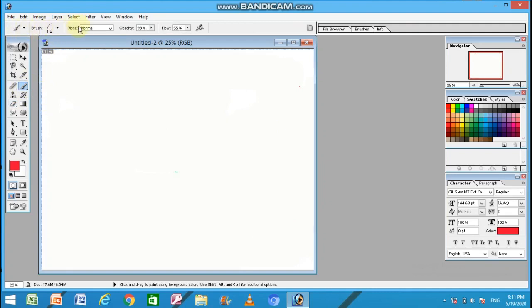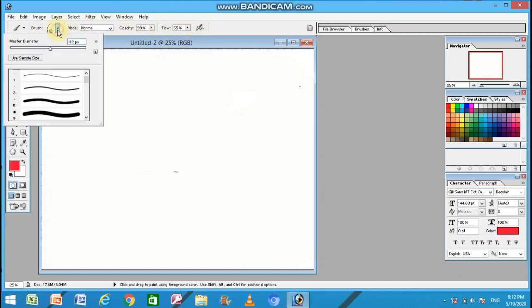When you use any tool, as I told you in an earlier video also, this options bar will have new options related to the selected tool. So as I have selected the brush tool, you can see in the options bar many options are highlighted related to the brush tool. This is the brush picker. From here you can pick any of the desired brush options.